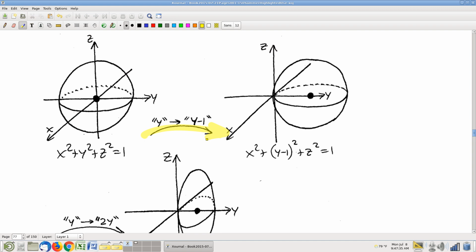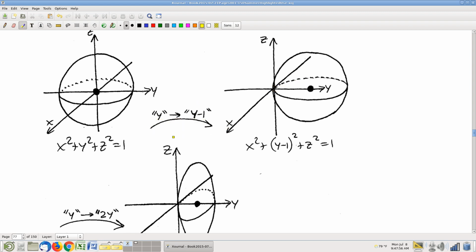This step, replace y with y minus 1, is going to move the center. That's going to move the whole sphere, but therefore the center also in the positive y direction by a distance of 1. Positive, because that's the sort of the undoing of that negative. Then, having done that,